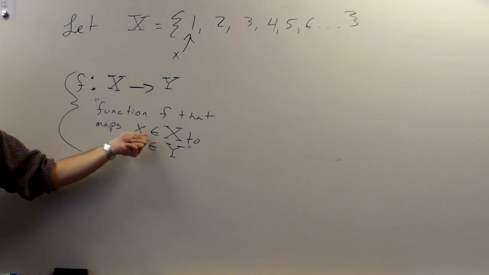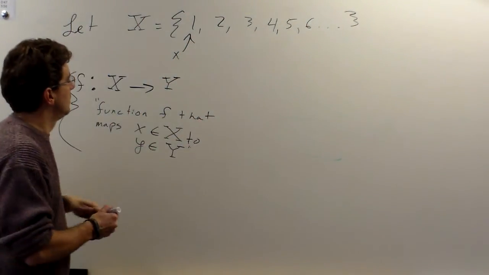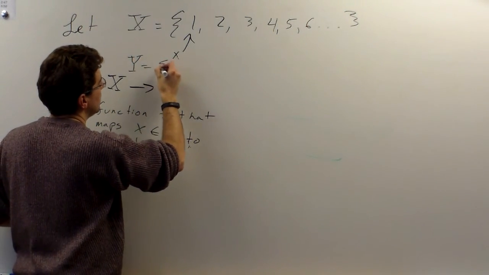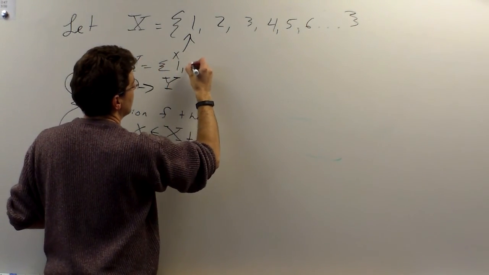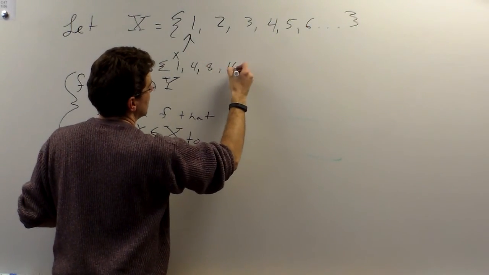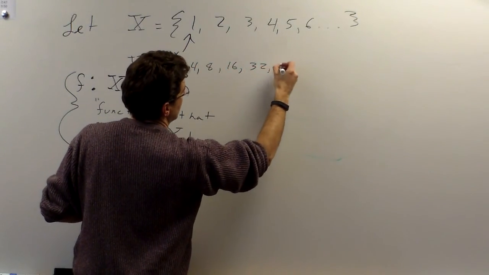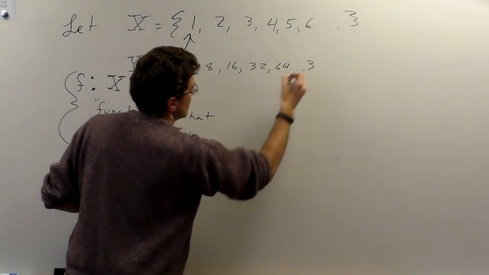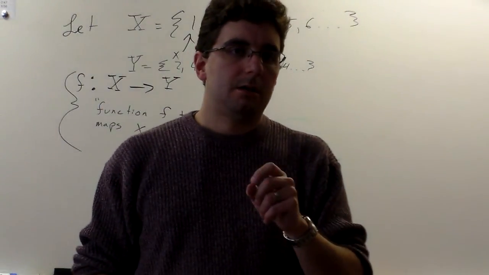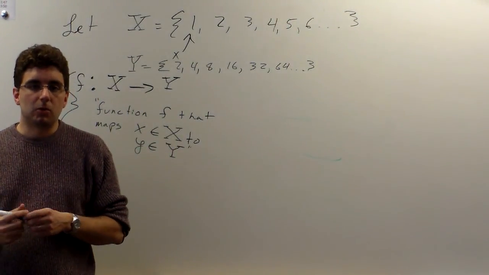And it maps all of these little points, maps X, an element, to all of these little points. So it like compares them? No, it's a rule. Well, that's what I meant. Wait, what is it? It means that there's a y for every x. Yeah, there's one y for every x. So there's some rule that's gonna